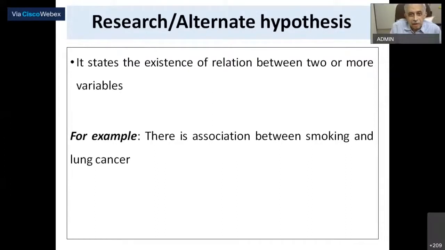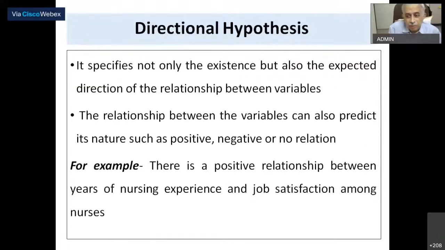The other is called the alternative hypothesis. The alternative hypothesis is given in a positive way. It states the existence of a relation between two or more variables. Now here you may say smoking and lung cancer. So you want to check whether if you smoke too much, you will develop lung cancer or not. Of course, these issues are already there in the public domain. I'm just showing examples. So the alternative hypothesis will be positive, whereas the null hypothesis will always be negative. So it may be a simple hypothesis, it could be a complex hypothesis.